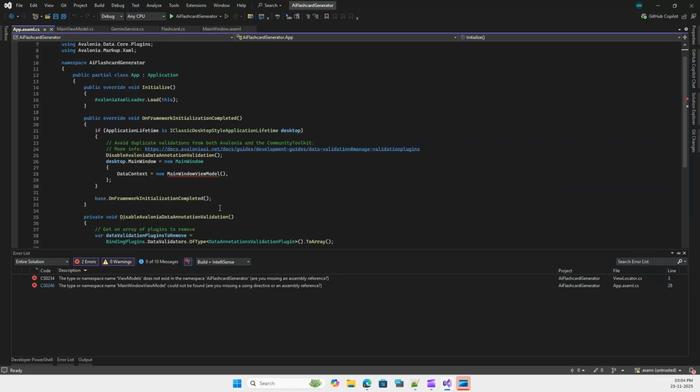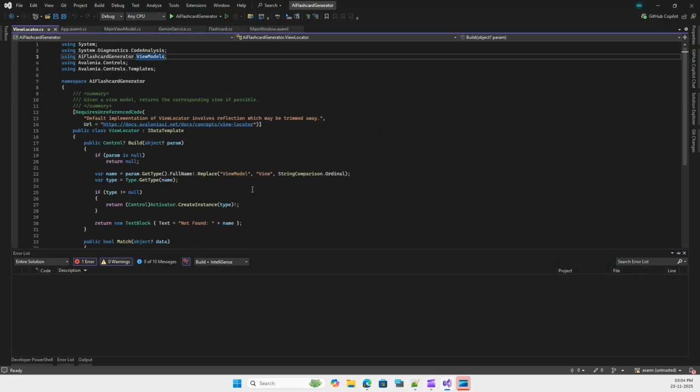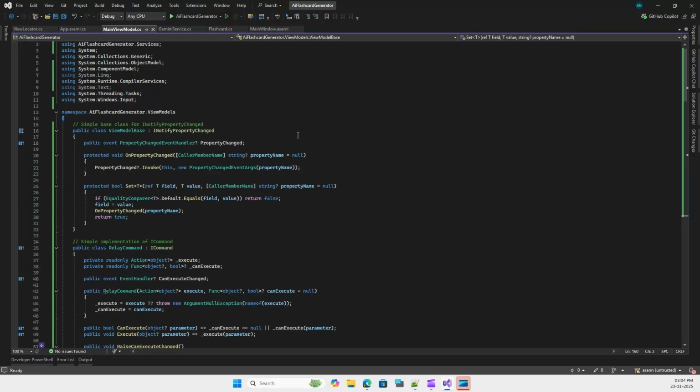There are a few more errors that we see over here, in the app.xaml, and it's the same error that we see. I just have to rename it, and the error should be gone. And one last error is also there, and that should be resolved too. So no errors now. So let's start by going into the main view model, and I will explain to you what